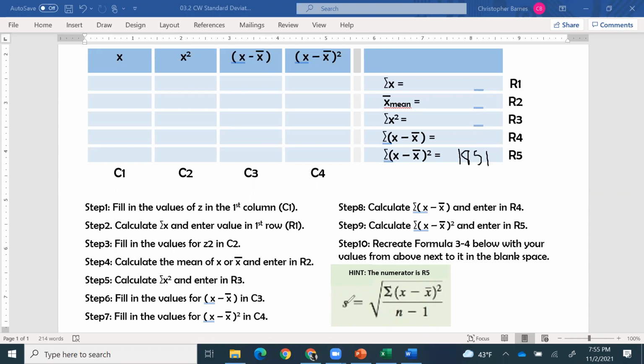Now, when you're calculating the standard deviation, this is the equation that we're looking at. Please attend to this value right here, this portion of the equation. It's the numerator. So if we're going to calculate S, we're just going to plug those values in. We've got the square root, and we've got the 1,851